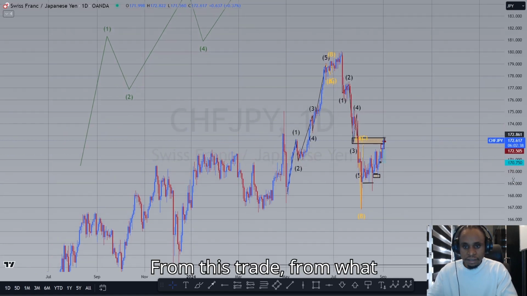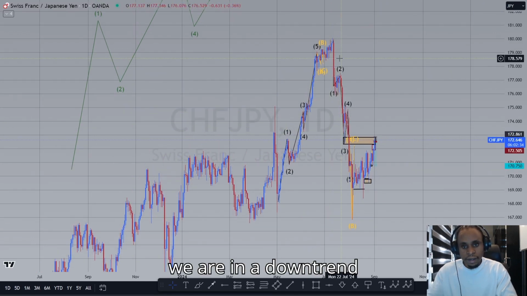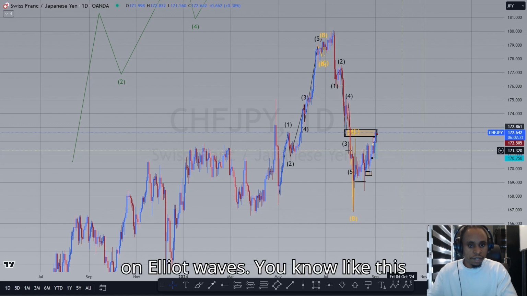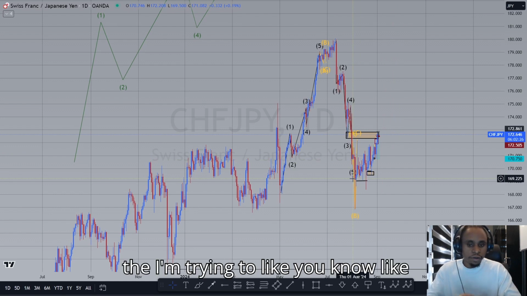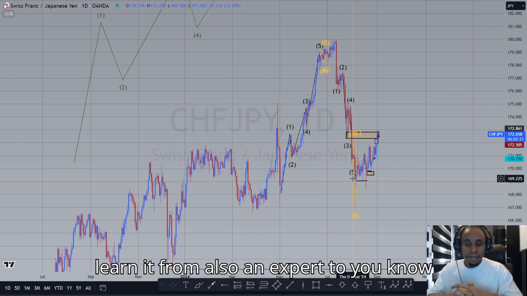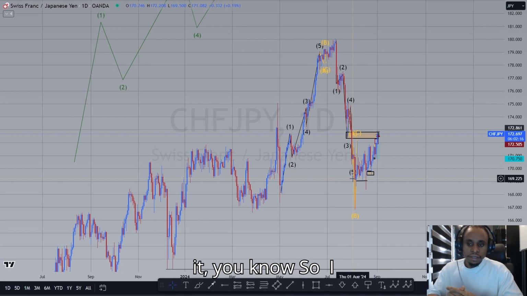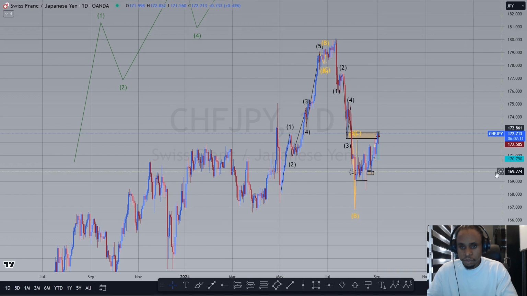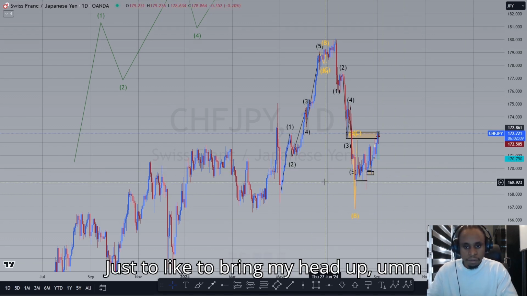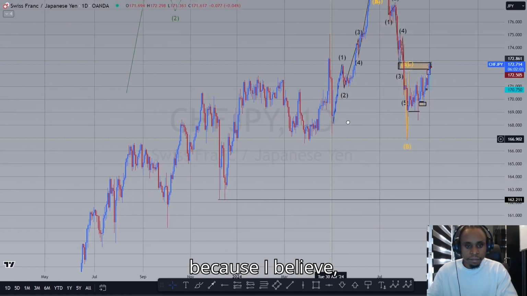From this trade, from what I got here, I believe that we are in a downtrend on Elliott waves. This is from the lecture, I'm trying to learn it from an expert too. And of course, if you want to get knowledge, you pay for it. So I paid something for that too, just to bring my head up, and I'm trying to sell because I believed